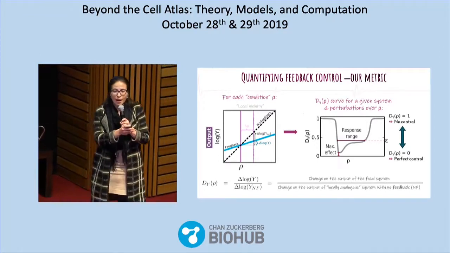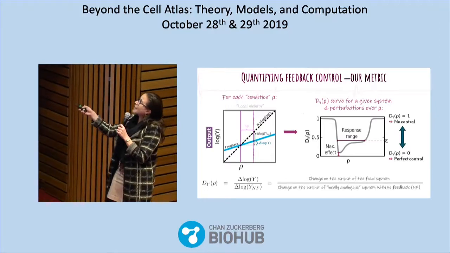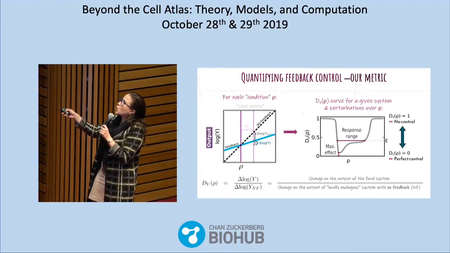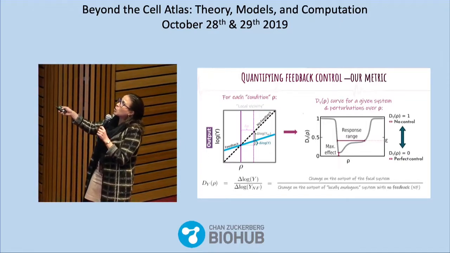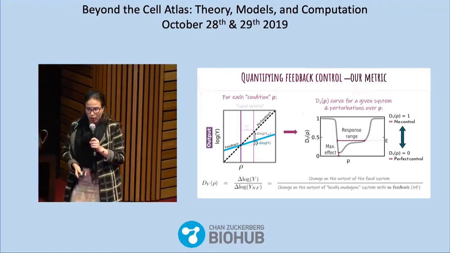Then we can check a range of different conditions, and we can produce this nice and informative curve that tells you not only when your particular control system is more powerful or efficient, but also how much, as well as the range of values where you expect your control will be working.